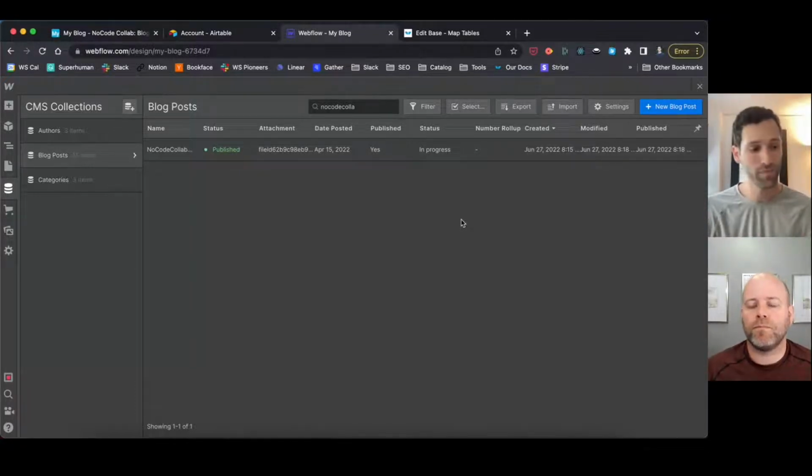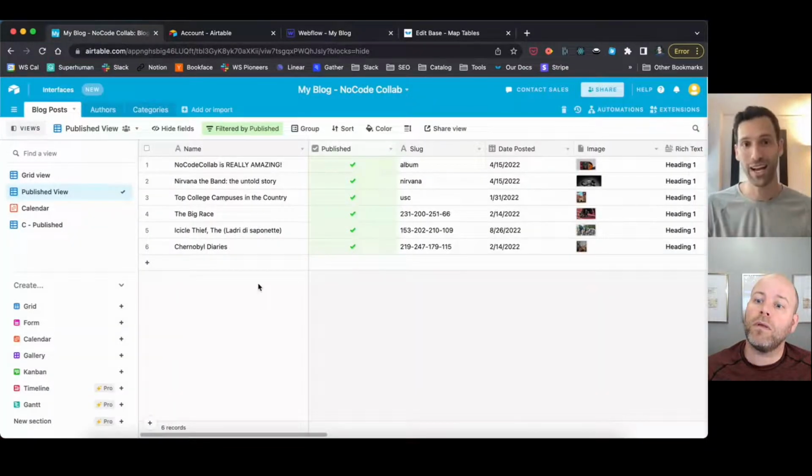Oh, and by the way, one other thing to mention: once we release Notion fully, right now Notion's in beta, we're hoping to release it fully in the next few days. But that will also enable Airtable to Airtable two-way sync. So if you have two Airtable bases that you want to just mimic each other, send to each other, you can do that as well. Oh wow,